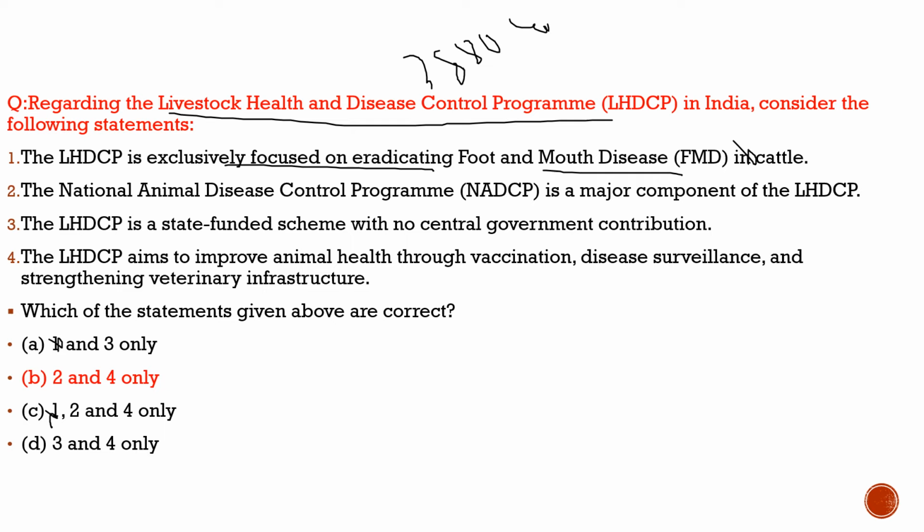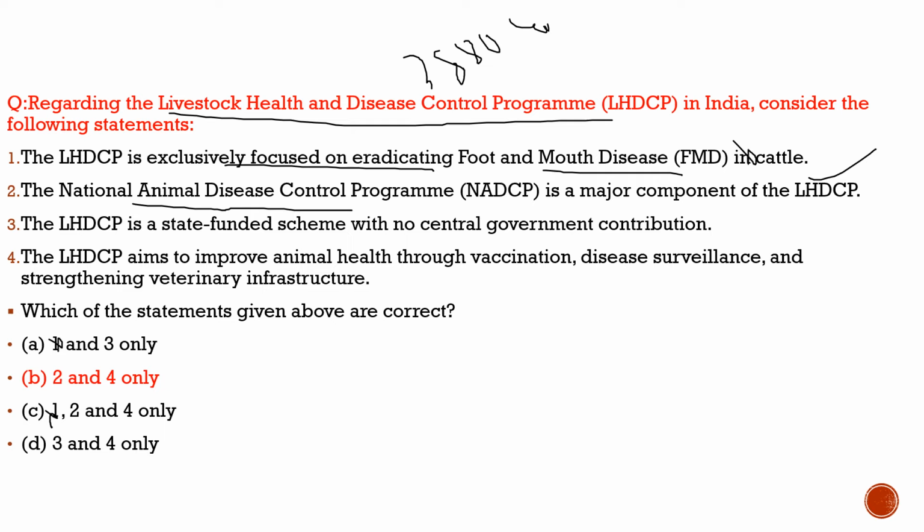So let's have a look at the second statement. The National Animal Disease Control Program is a major component of LHDCP. 100% correct. Earlier there used to be only three components, but it has been amended and now it has been increased to five. So what are those? First one is the National Animal Disease Control Program. Second is Pashu Aushadhi, then LH and DC. Now still there are three, but the earlier system used to be different. Now Pashu Aushadhi was not there, so it has been added, and the other three,